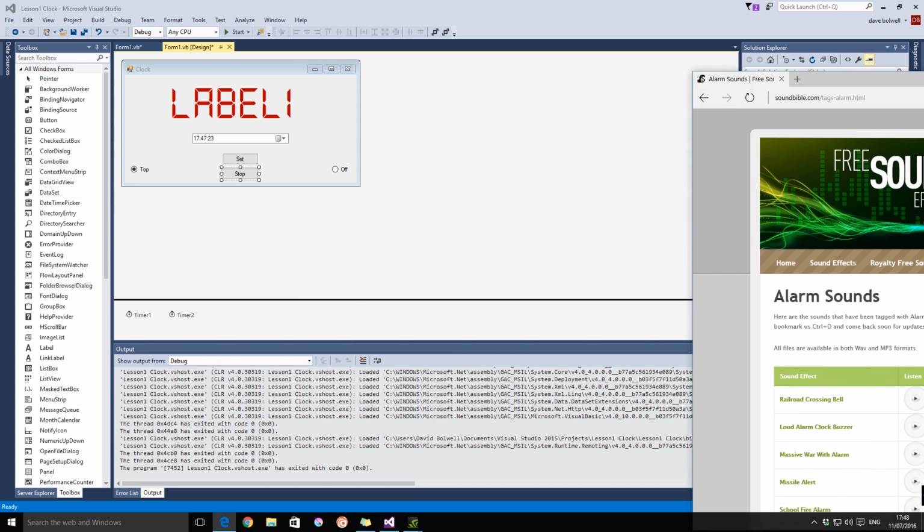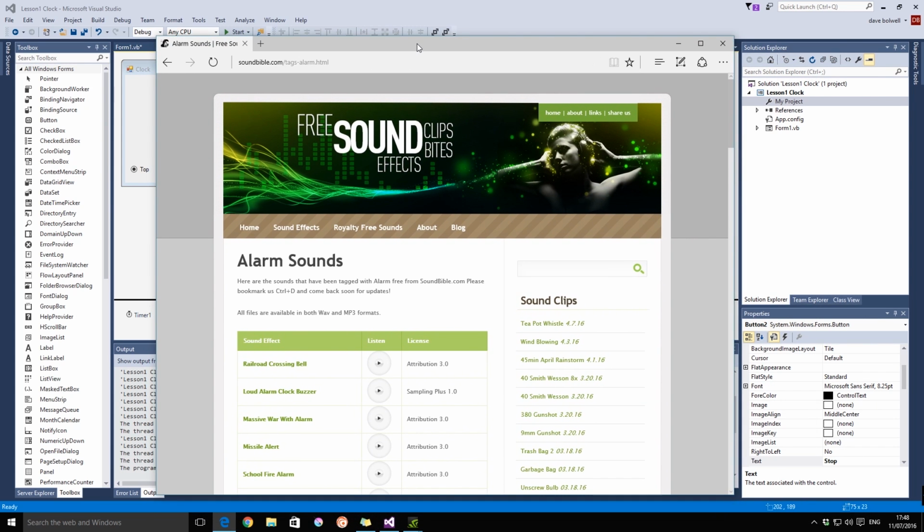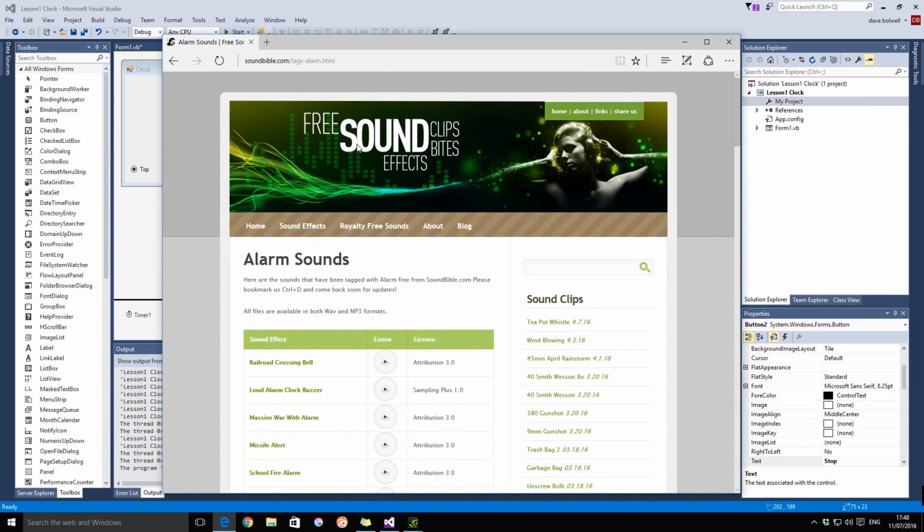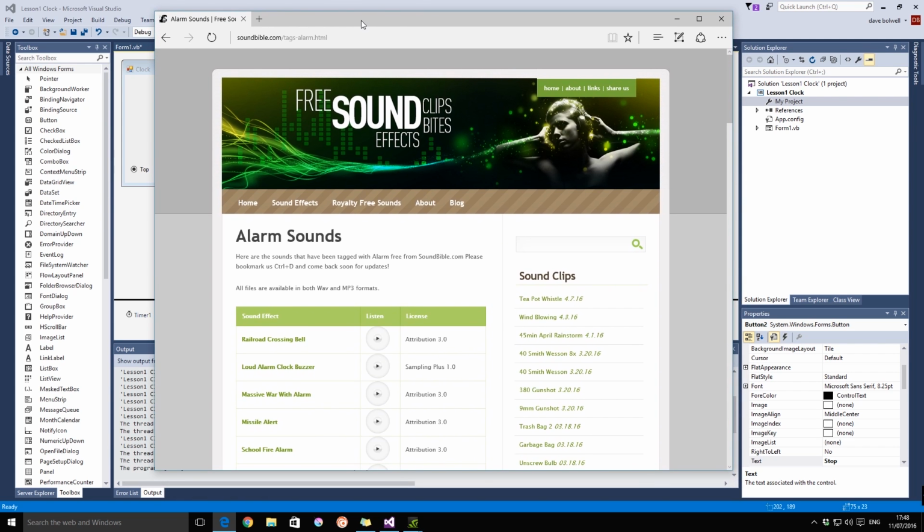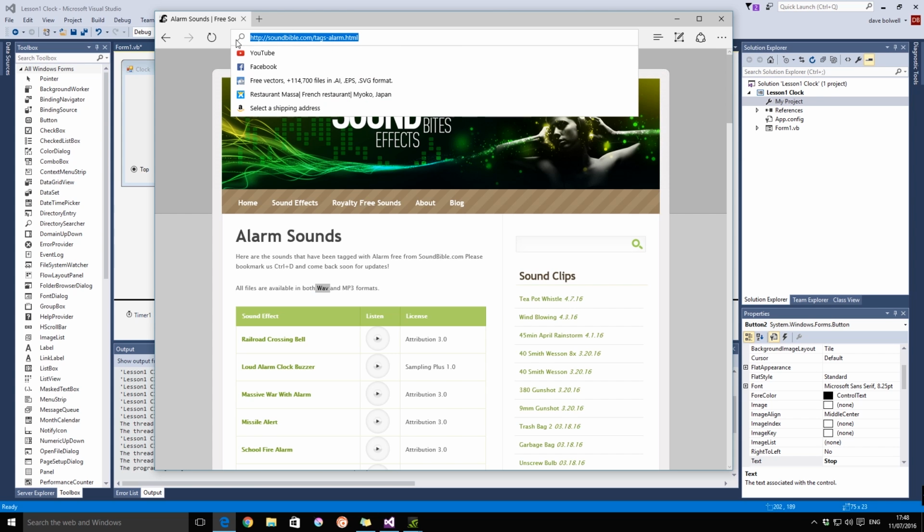Okay, so first you're going to want to get a music file. You're going to need a WAV file. If you go on the internet, this is a site that I just found by typing in free WAV alarm sounds, and you can just download them for free. You can go to this same site, soundbible.com, or find a different site, or if you want to use your own music file, you can convert it to WAV, and there are free online converters, so you can just Google that